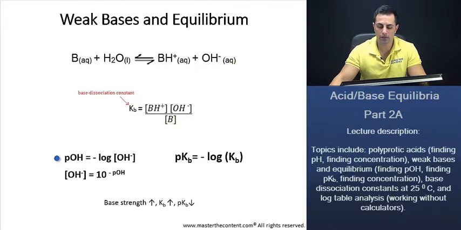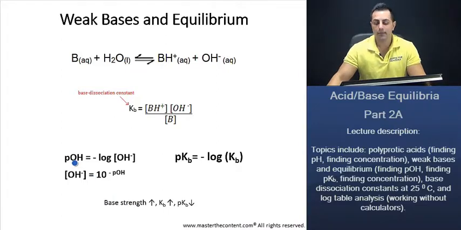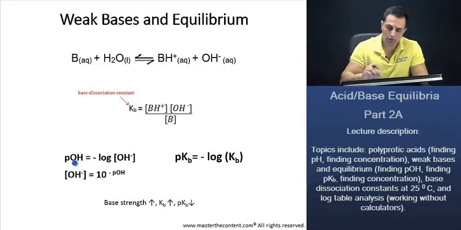Okay, great. Now, if you're not familiar with this equation here, we have covered it in the previous lecture when we talked about pH and pOH, so I recommend that you go revisit that. But just as base strength increases, your hydroxide ion concentration increases. And in the same manner, when your base strength increases, so does your base dissociation constant, as we just talked about. Furthermore, when your pOH decreases, your base is going to be stronger. So if we remember,